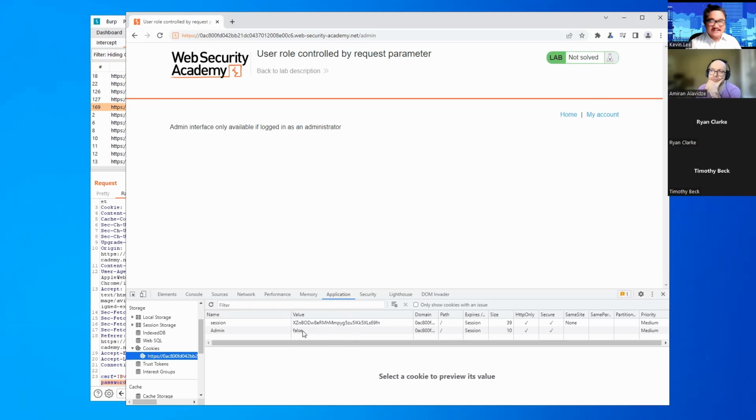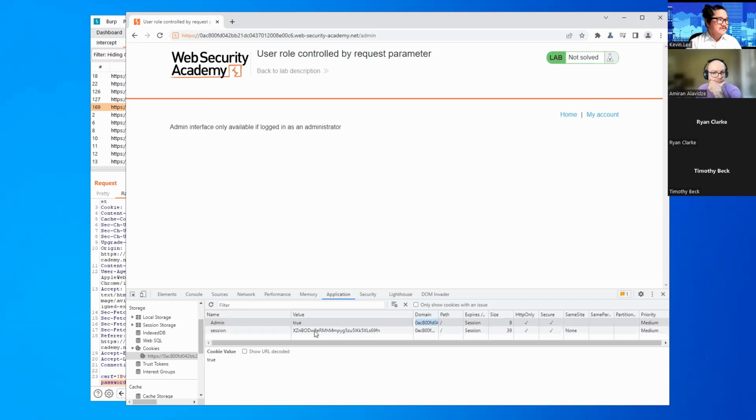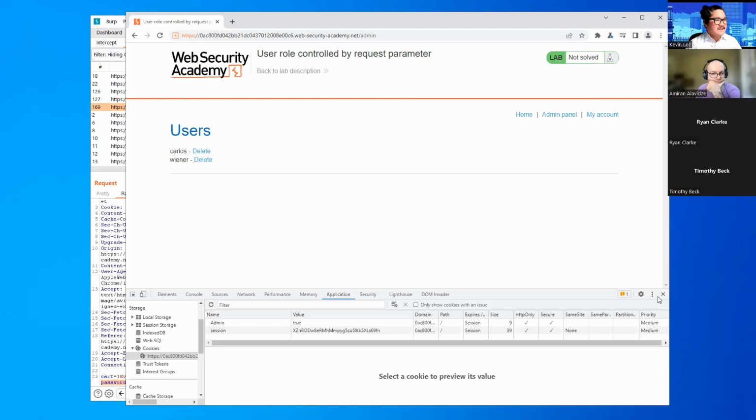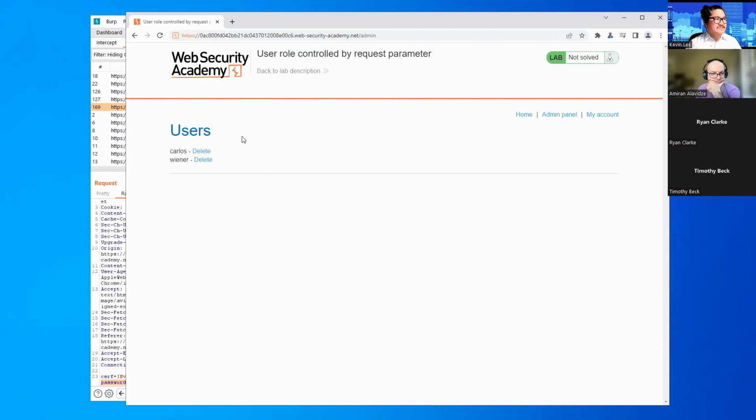But we can click inside the cell, and we can change this from false to true. After we type in true and hit enter, we can reload this web page over here, and we see that we have access to the admin panel here.